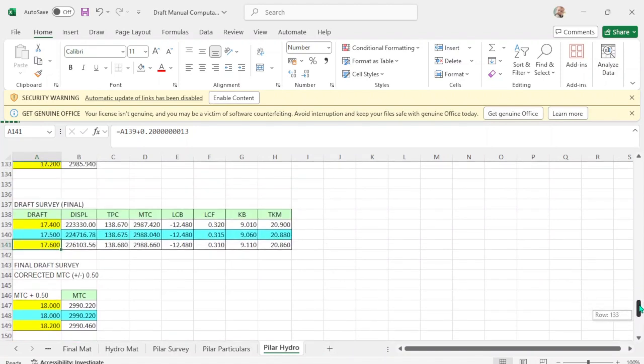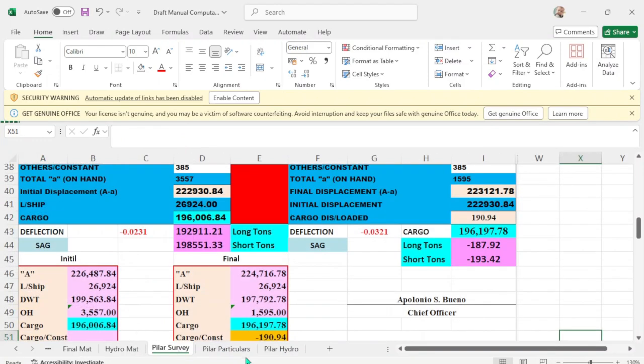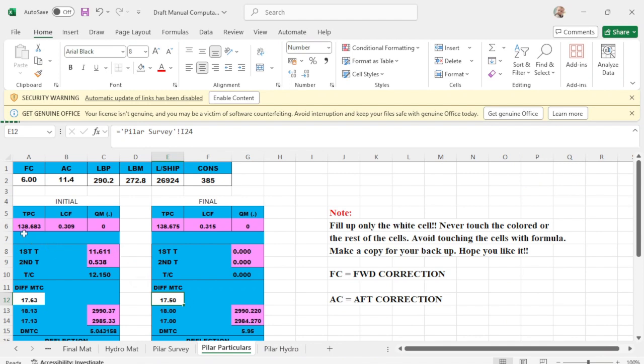Okay, this is your initial draft of 17.50. Put down the displacement, TPC, and LCF. That's all. Okay. I'm sorry. So there's TPC, LCF, then your first correction. Do all the computation and second correction, and you have the total trim correction.